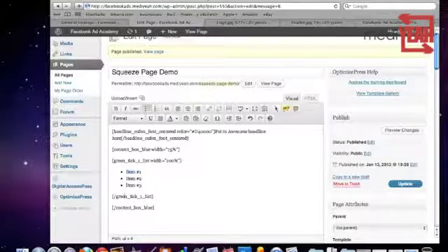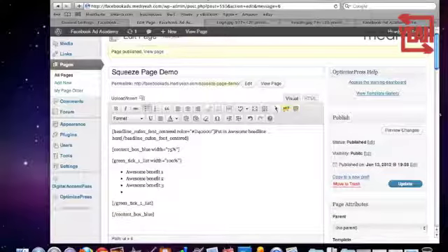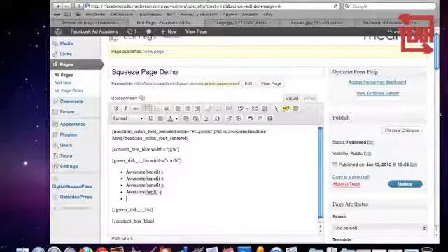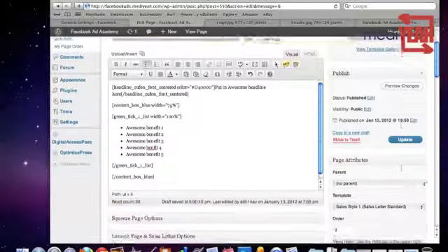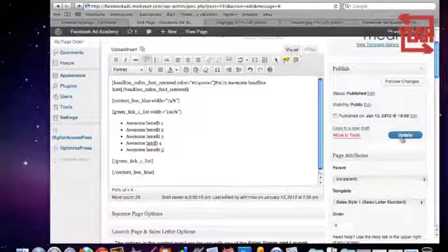And you can put as many as you want. So basically you'd put in awesome benefit 1, awesome benefit 2, awesome benefit 3, and if you want to add more, just hit enter and it'll come up with a new one for you. Awesome benefit 4, enter again. Spelled that wrong, oh well. Awesome benefit 5. Okay. So then you would hit update,